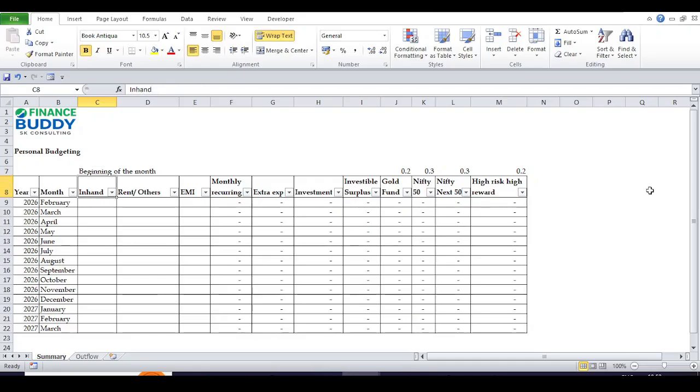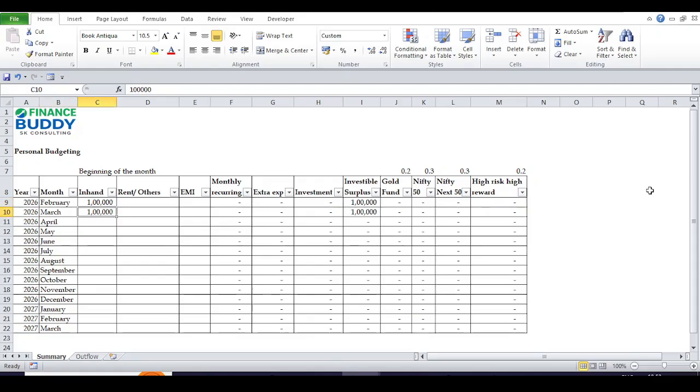For example, let's say you are entering the month of April. You will receive your salary by, let's say, the 31st of March. So that amount should come here. Now let's assume that you will get a salary of roughly 1 lakh rupees. Okay, let me put it here like 1 lakh. I copy it to March, and let's say,